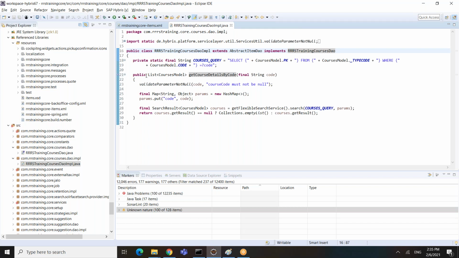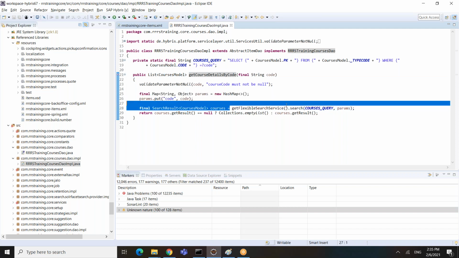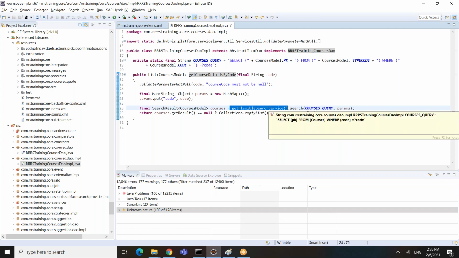And if you look here, the method I wrote is get course detail by code, taking the parameter code, and then I build a hash map and add input parameters to that hash map, and then using the flexible search service I execute the query. The flexible search service is out of the box, so you can use that and say service.search, pass the query and then the input parameters for that query.